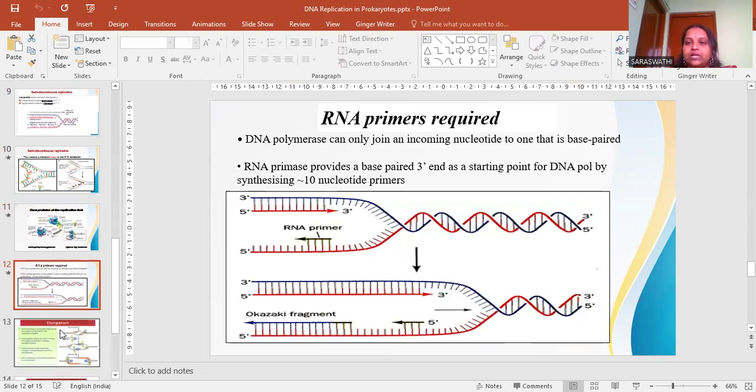Primers are required, as I said in the beginning, for the initiation of DNA replication, because DNA polymerase 3 itself will not add the nucleotide. It needs some kind of initiation support in order to start adding complementary base pairs. So once the primers are attached here, what are primers? Primers are short nucleotides of RNA. Once primers are attached, then DNA polymerase will synthesize both the leading strand as well as the